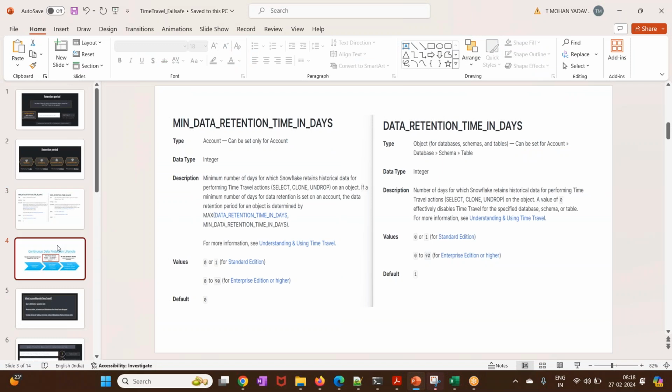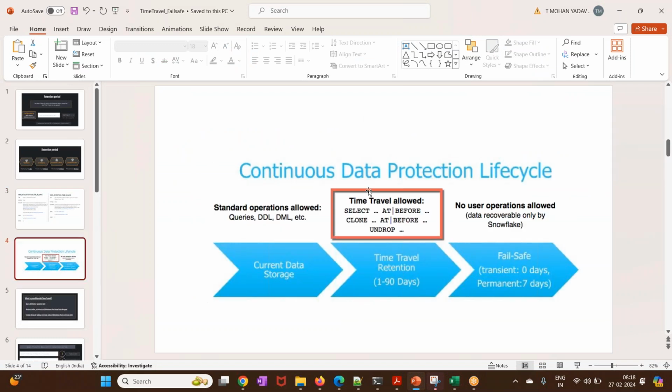So we are going to retain the data for a maximum of 90 days. There are three different ways that we can fetch the data. If the data is lost or you want to retrieve it, then we can use the at or before command. We can clone, at a particular point in time, how the data looks like. You can clone that entire data into another table. If you unexpectedly or intentionally dropped any database or schema, then